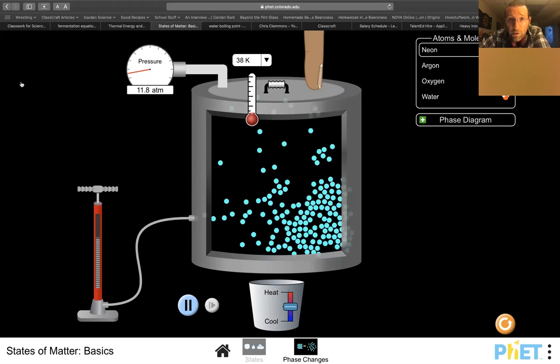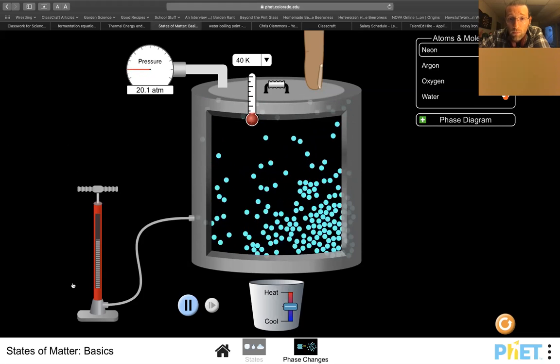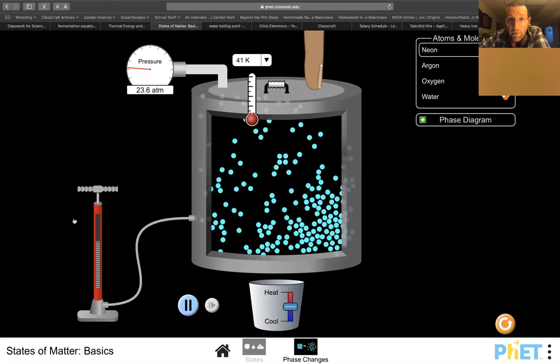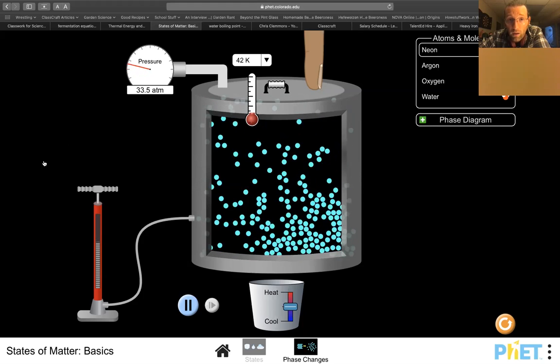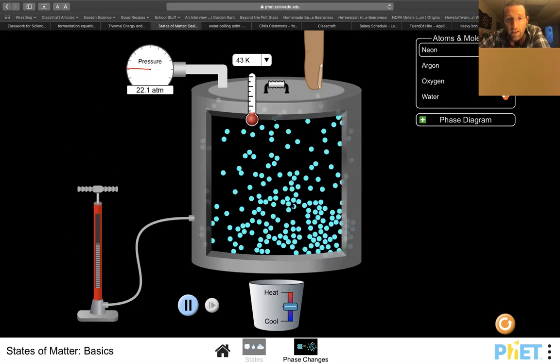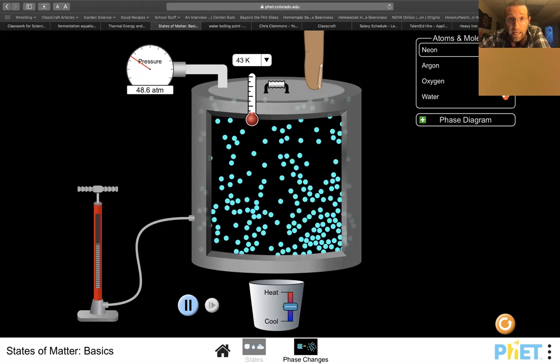And I can continue to do this over and over again. So as I add pressure, I'm adding more and more molecules into this system. I am increasing the temperature as well. I'm adding energy into the system. And that's why that thing went from a solid suddenly to a gas, because I just heated it up.